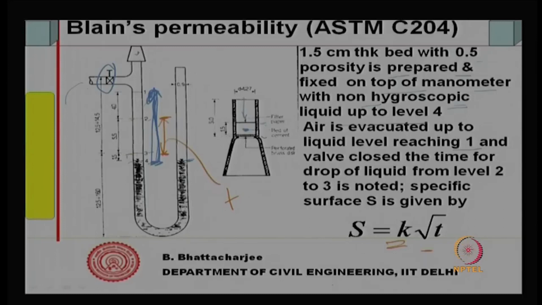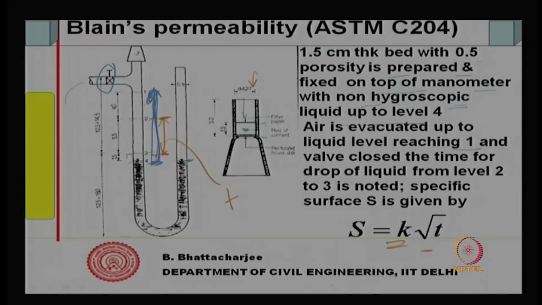So, if it is larger surface area, then the friction offered to the flow of air is more, because from here to here you have actually pumped the liquid up. Now, the liquid will fall because air will enter from the top, air will enter through this. To enter through this, the quantity or time required for air to cause a drop of this manometric liquid from 2 to 3,